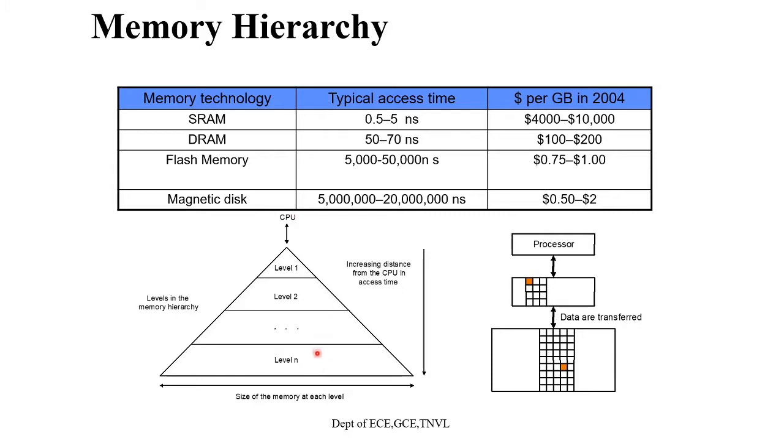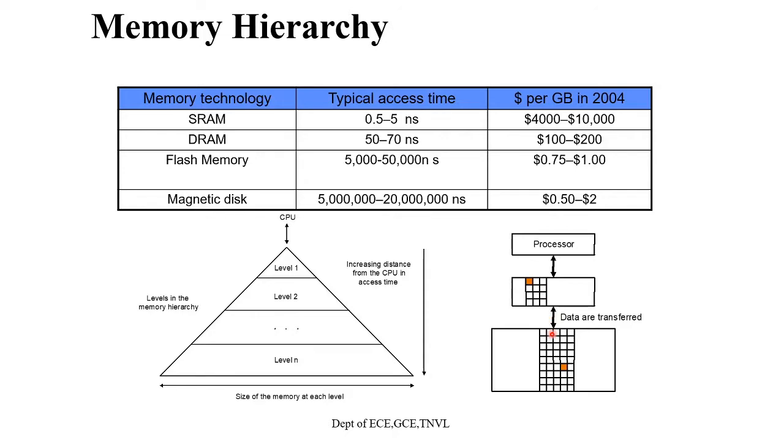In order to keep the access time for all the memory accesses like that of level 1, we need to transfer the blocks that we are searching for. If it is available in a lower level, it should be fetched from the lower level and placed in the upper level, so that the distance between the processor and the data gets reduced and the access time is also reduced. These shaded portions show the blocks or lines. So data are transferred between two levels.